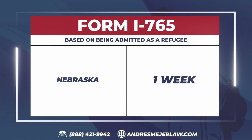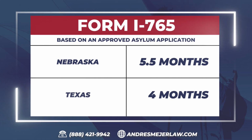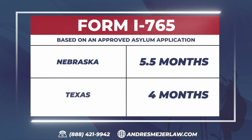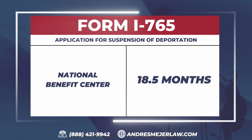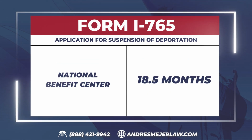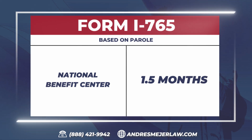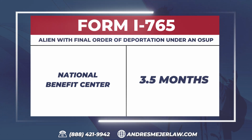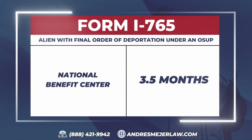Based on being admitted as a refugee. Nebraska, 1 week historical time. Based on an approved asylum application. Nebraska, 5.5 months. Texas, 4 months. Application for suspension of deportation. National Benefits Center, 18.5 months. Based on parole. National Benefits Center, great news, 1.5 months. Alien with final order of deportation under an OSUP, National Benefits Center,